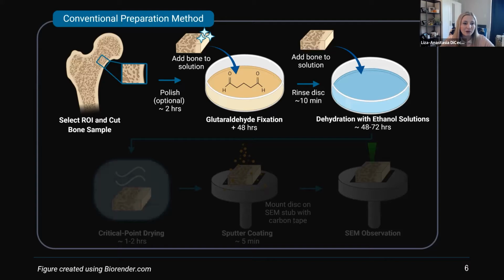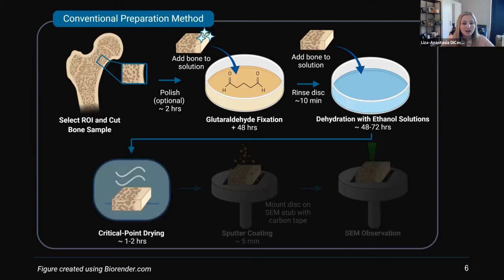And so after that, we would normally do a critical point drying step. And again, you're drying your sample. With bone, it does have a rigid structure, but when I'm often talking about this with my partner, we give this analogy. I'm always telling him about Jello.